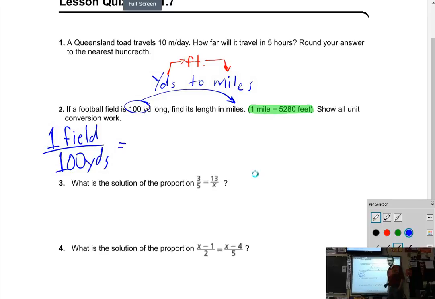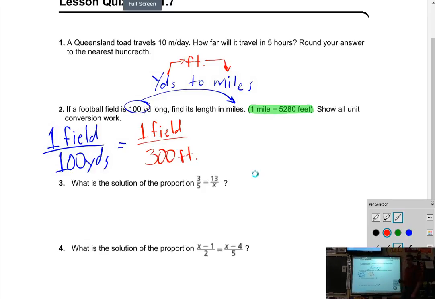Just like what we did on that first problem, I know automatically that that's really telling me one field is 300 feet, because we know that there are 3 feet in 1 yard. Now we're going to use this conversion factor in a method that my high school chemistry teacher loved to call stoichiometry. My ballot is still out whether that is real or whether she made that up. But when we want to cancel out feet and end up in miles,